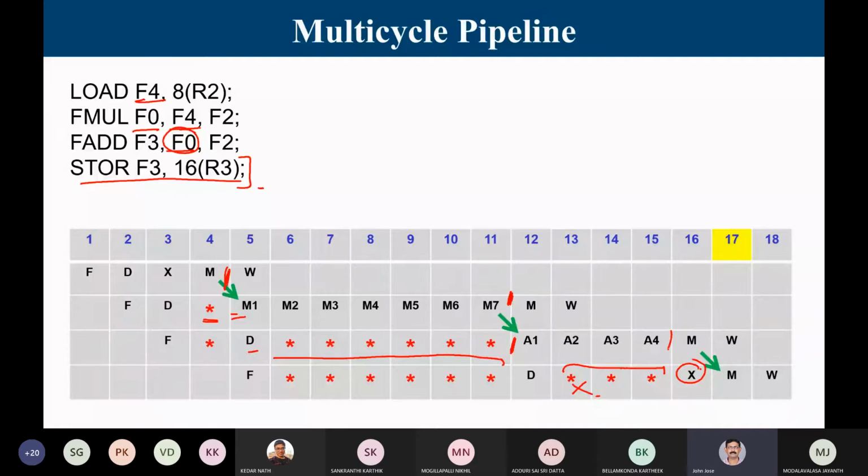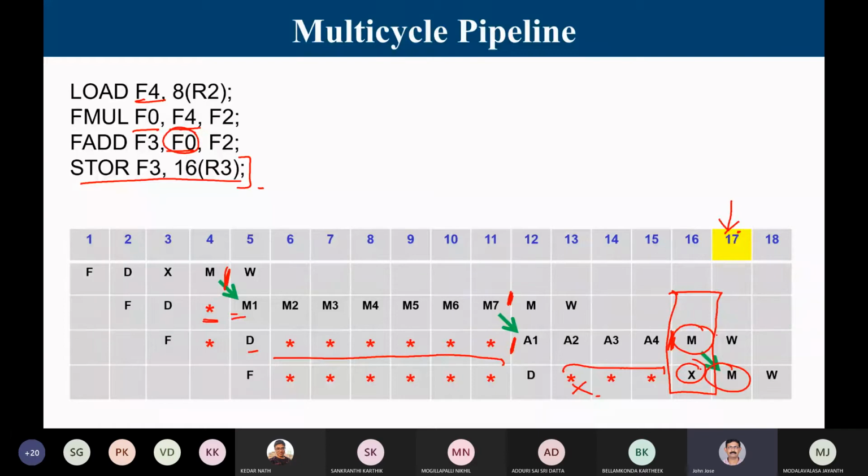So either I can forward from A4, and the two conditions. If MEM and MEM I don't want to happen vertically, then this is the place at which it is going to happen. So essentially, the MEM stage is accessed at clock cycle number 17. There is one more thought. If two instructions can happen vertically, provided they are not going to touch memory, then I can schedule like this also. Both MEM can happen vertically, one after another.